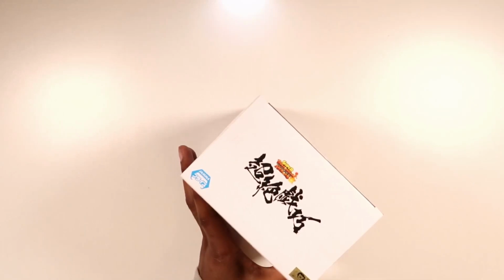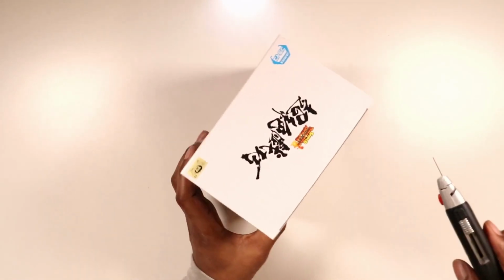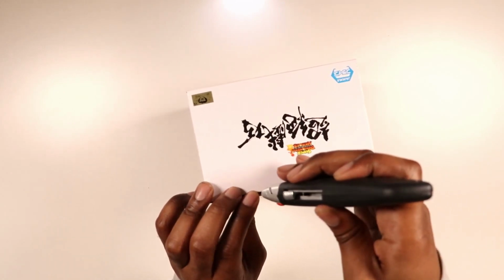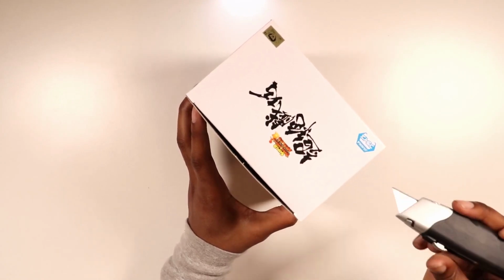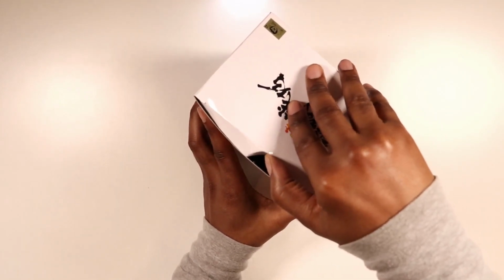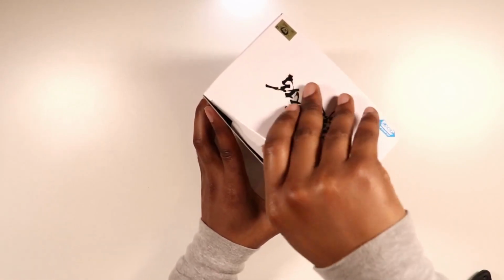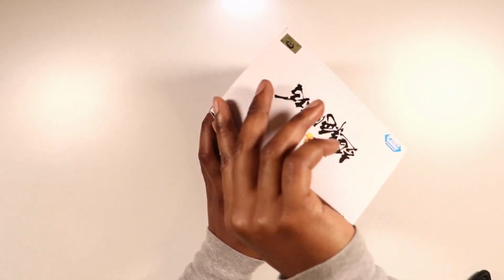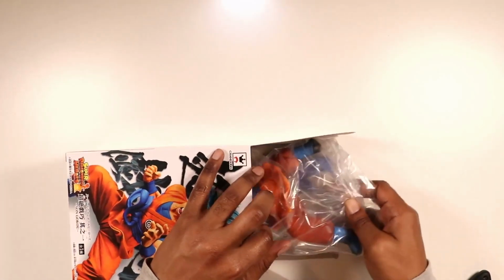But I do like the designs of their Super Dragon Ball Heroes outfits. It's obviously akin to their original outfits from, you know, Dragon Ball Z and whatnot. But I guess the extra change to it, for example, like the Capsule Corp logo on Goku's chest, and also the sleeves too, because I'm so used to him having shorter sleeves, but you know, it's actually not bad. Honestly, the outfits in Heroes are just good in general. Anyway, let's put the box to the side